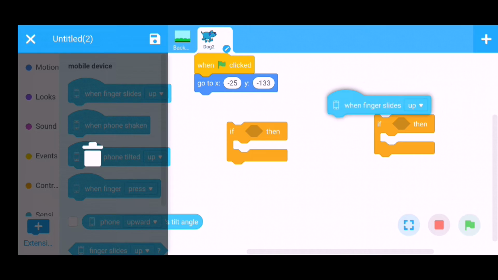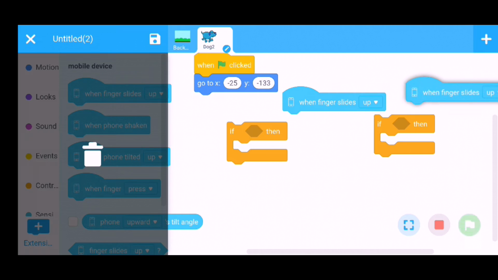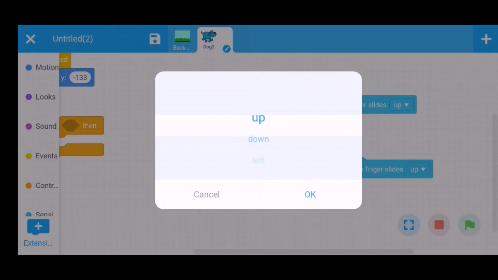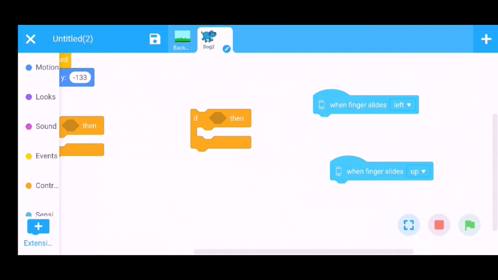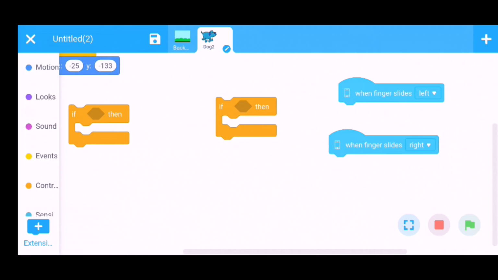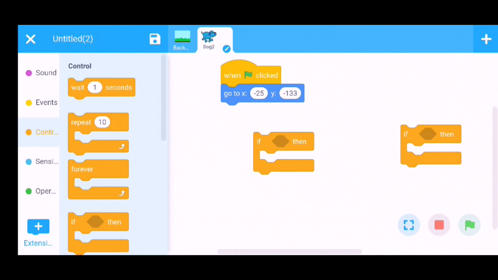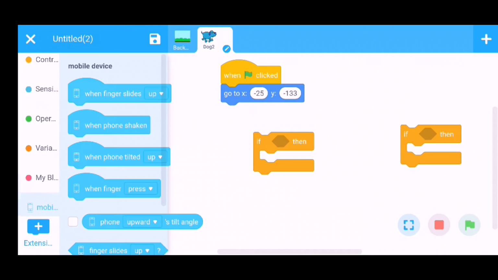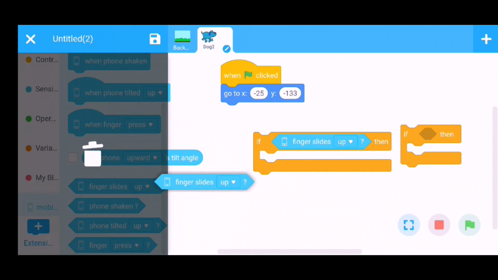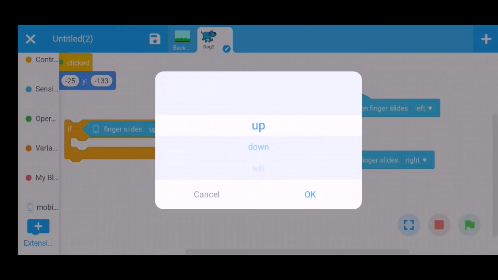When finger slide, use this command to activate the finger slide left and right. Choose here one for left and one for right. Then again go to mobile block. Choose the command when finger slide up and when finger slide down. Choose here when finger slide left and when finger slide right.